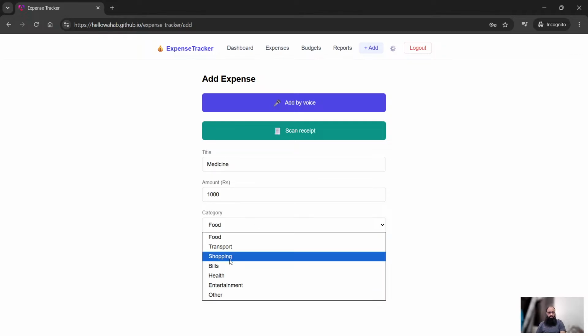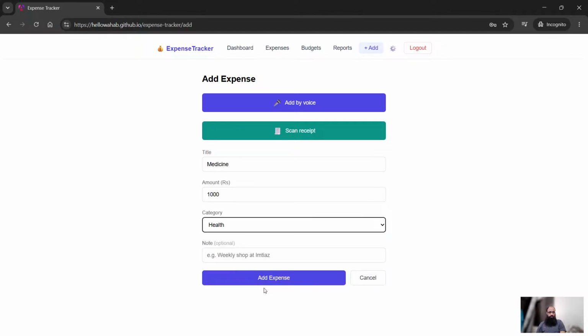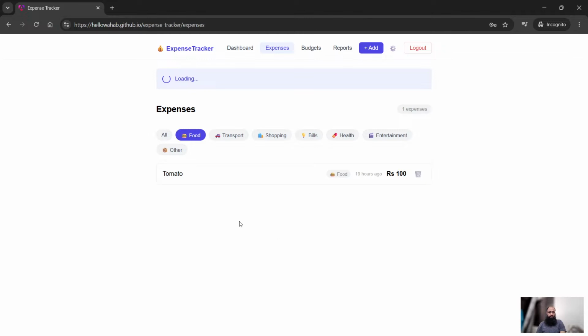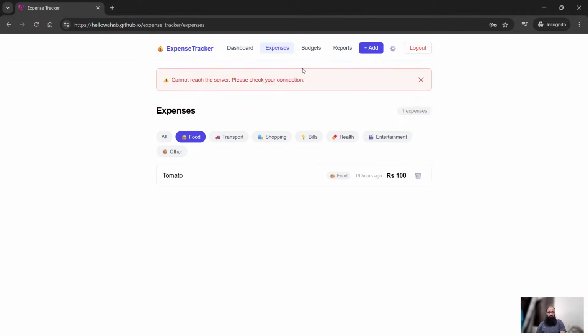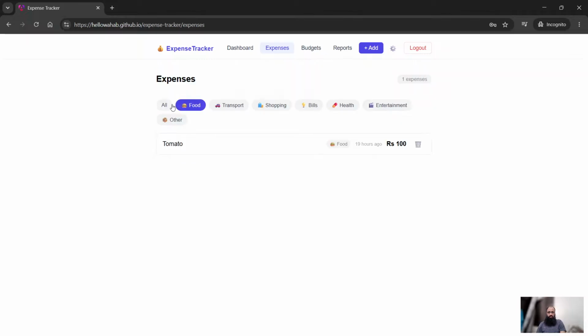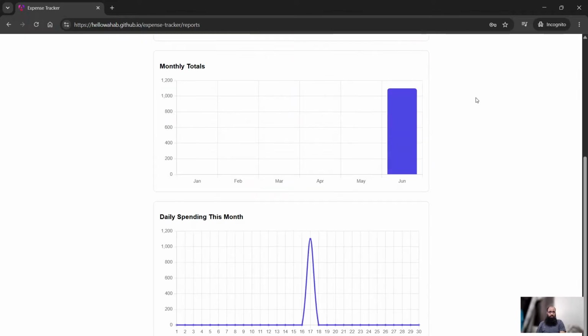So let's just call this health, and then this is expense, and it's going to show up here. Seems like it's not being loaded. Let me just load the all one. So medicine being added, and if I go to report,